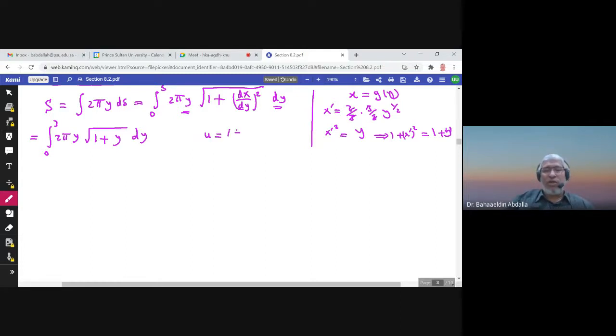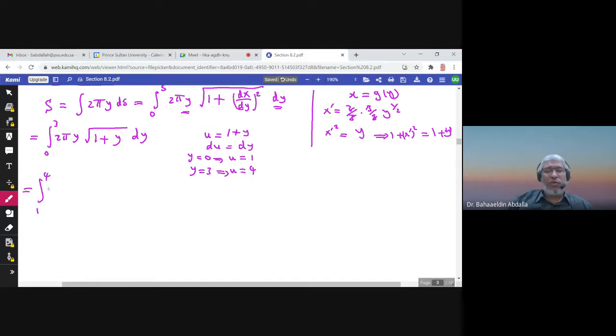I will take u equals 1 plus y. Then du would be dy. And if y is 0, u would be 1, since u is 1 plus 0. And if y is 3, u would be 1 plus 3, which is 4. So this would be the integral